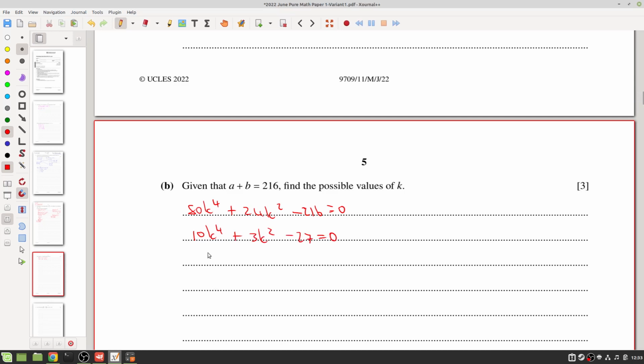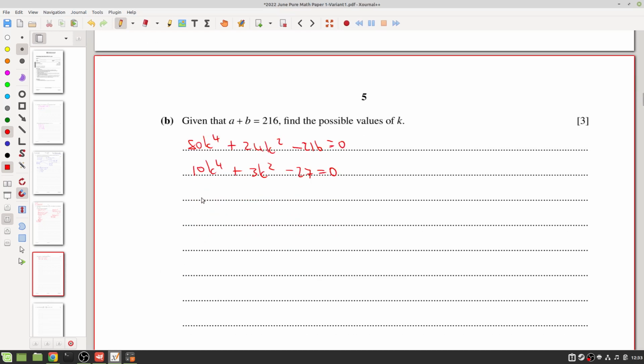And then we can either factorize this or use completing the square or use the quadratic formula. I'm just going to use the quadratic formula and say that k squared is equal to, and actually, it looks like a 15 and 18 could work here to give us the solution. So let's use the quadratic formula and get to our answer, and then we can try the factorizing as well. Okay, so negative b plus or minus square root of b squared